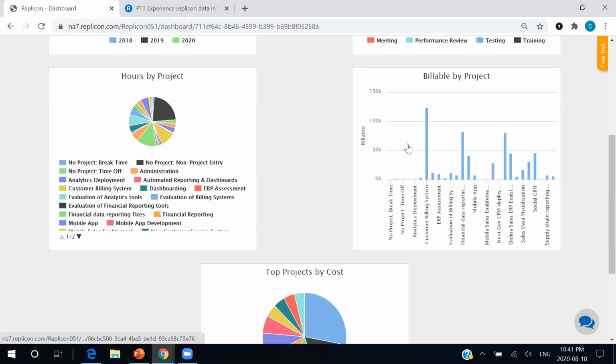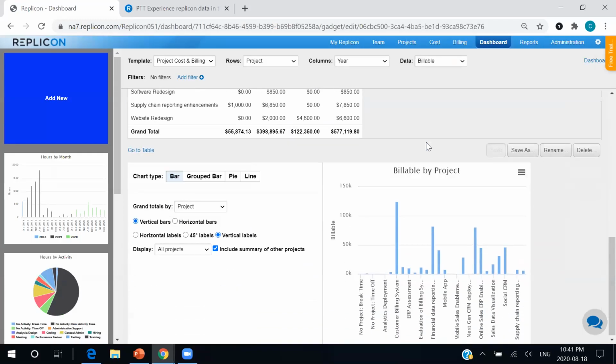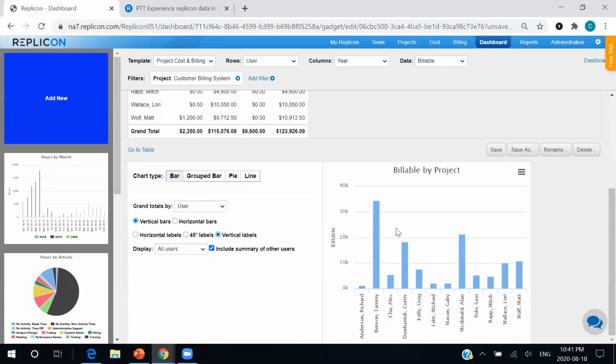And if there is something that piques your interest, maybe I want to understand my billables by project a little bit better, and there's something that sticks out to me like our customer billing system, I can drill down even further and see who's been logging the most billables, maybe give them a kudos, a congratulations for all the hard work they've been putting in, or I can talk with Michael Lear or Gabby Mason, who are probably doing just as much work, probably just on a different project, but still maybe it warrants a discussion, and I'm able to identify any outliers within my organization with just a couple of clicks.